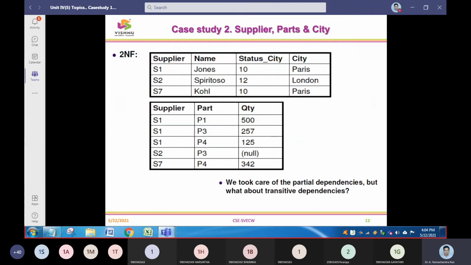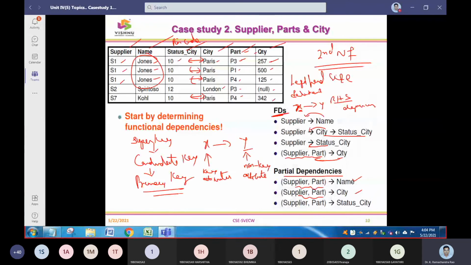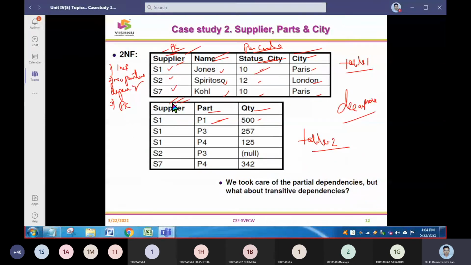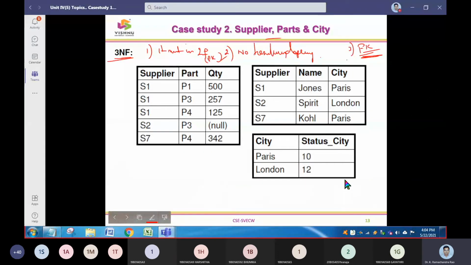Now, in the previous table, what was the repetitive task we found? Paris 10, Paris 10, Paris 10, Paris 10. So 4 entities are there. If such a case is going to happen, why put it in a single table? We are bringing this into a unique table. So you can see that the repetition is totally deleted. You have only one instance, Paris 10, London 12. So you gave a zip code. The zip code earlier was repeated 4 times. Now you can see that it repeats only 1 time. So that's how you made a decomposition.